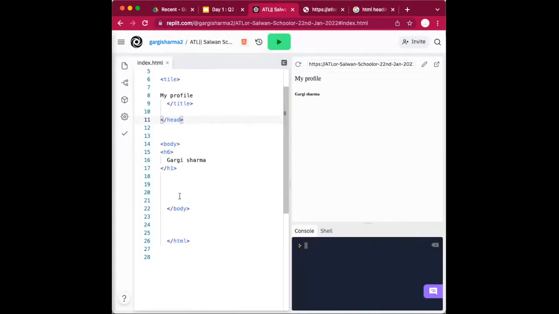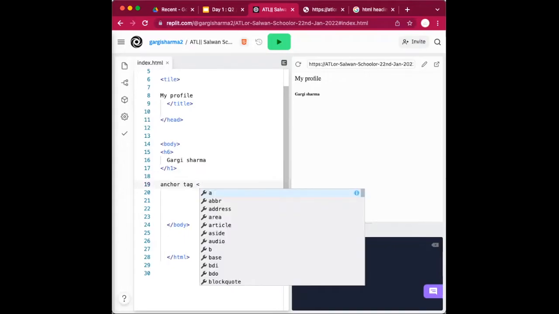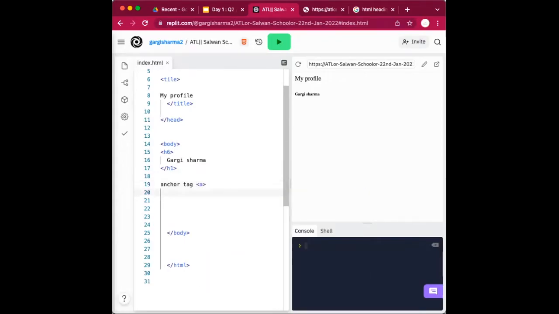Next, let's say I want to create content which, if I click, takes me to some other internet page. For that, we have to use two things. First is your anchor tag. Inside your anchor tag, you will put your attribute href. First, you are working with the anchor tag. And how to use an anchor tag? Open bracket A, this is open, and